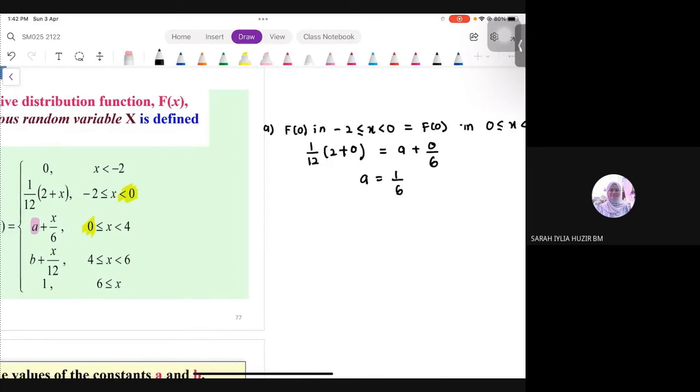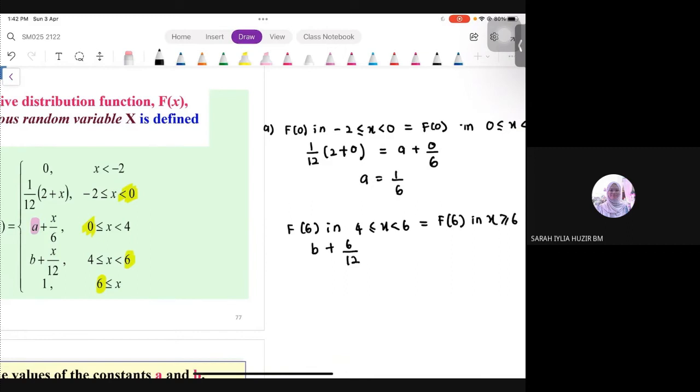Untuk B, kita boleh pakai 4, boleh pakai 6. Sebab dia ada kat situ kan. So, saya nak guna 6 lah. Maksudnya kat sini kita define dulu. F6 in the range of 4 up till 6 must be the same as F6 in the range of X at least 6. Okay. So, F6 kat dalam range 4 up to 6, kita akan dapat B plus